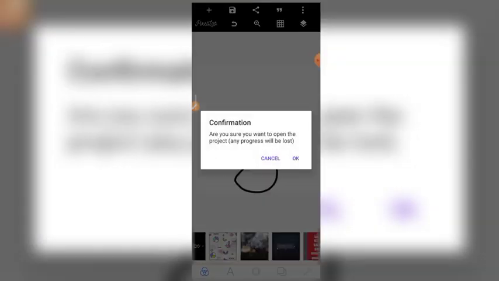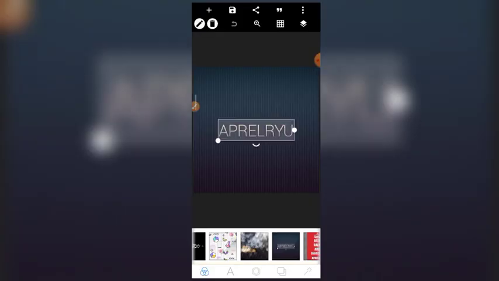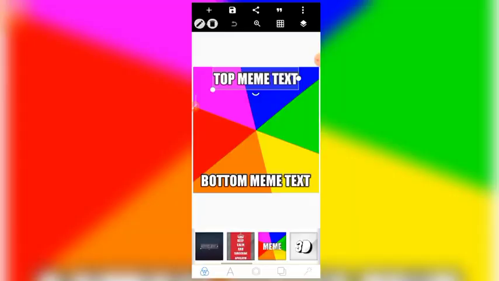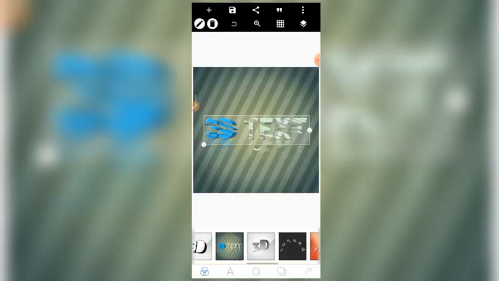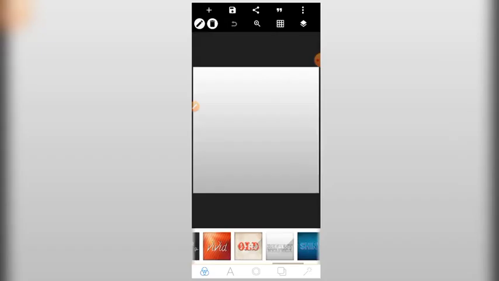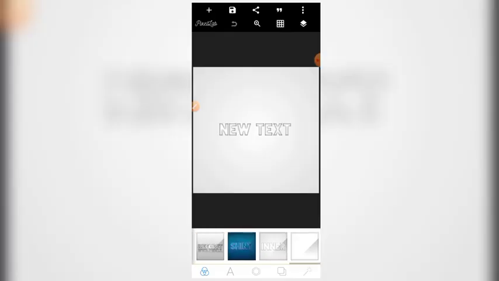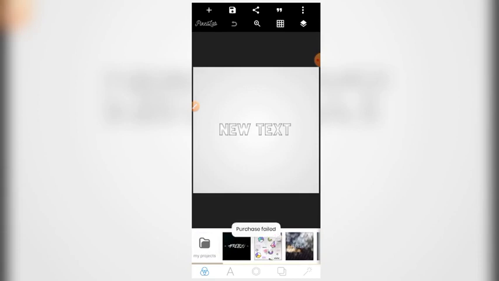Can you see all these ones? These ones are presets you can use to design in Pixellab. All these ones are Pixellab presets that you can use. Yeah, you can call them template also. Template that you can follow to create your own design. And I think that is all on the